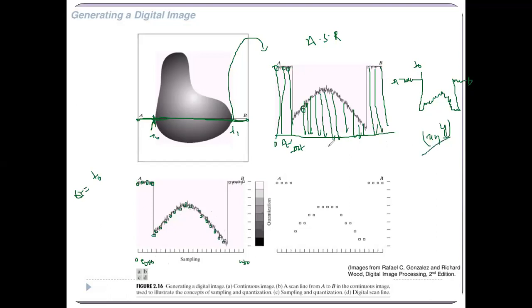But to convert to a digital image, I again have to digitize with respect to the intensity also, the intensity at x and y. So how will we perform the digitization with respect to intensity? Now what will I do? This is a grayscale image. Now I will convert this grayscale image into 8 bit, that is, convert it into an 8 color scale.